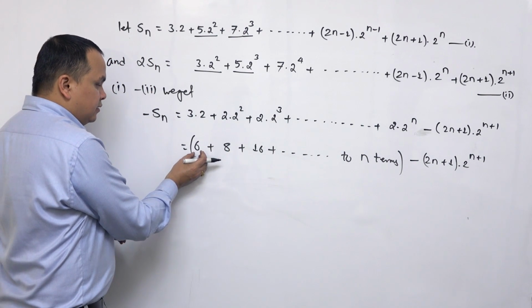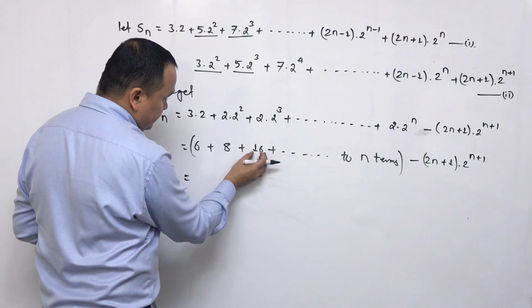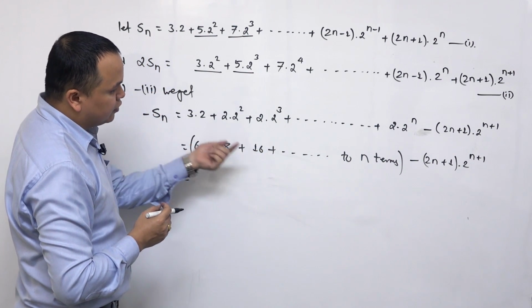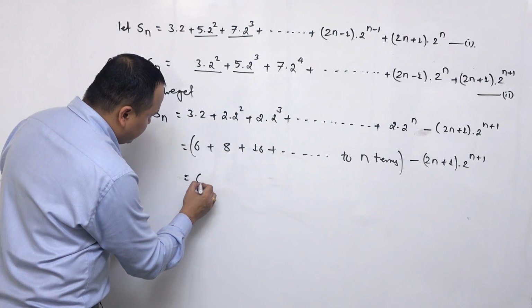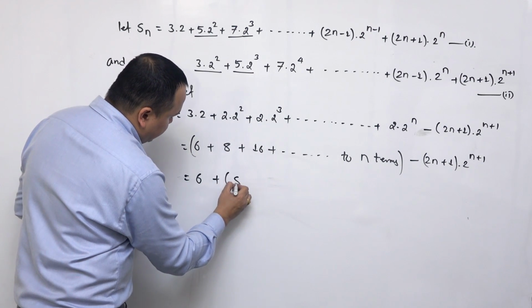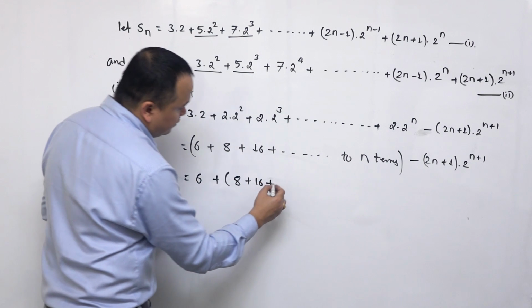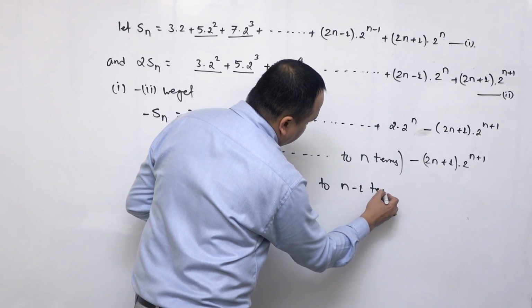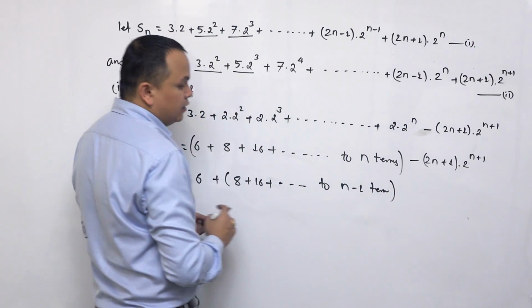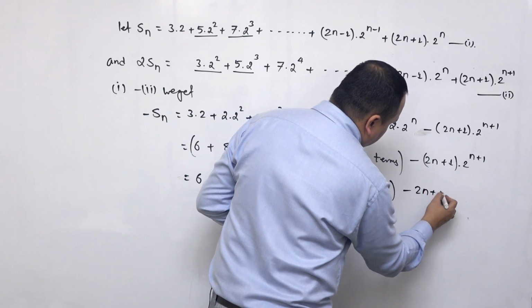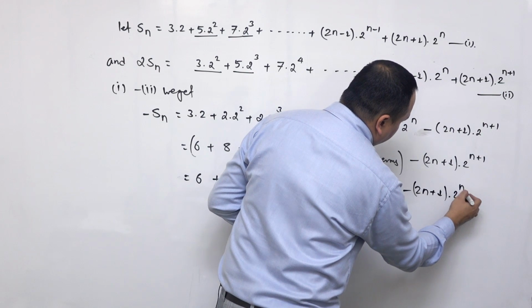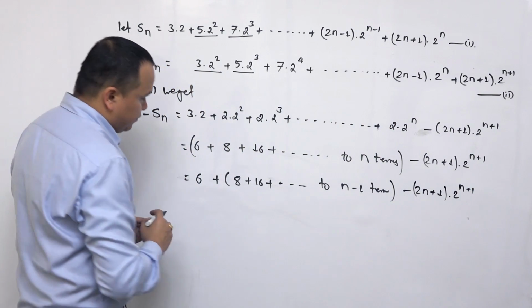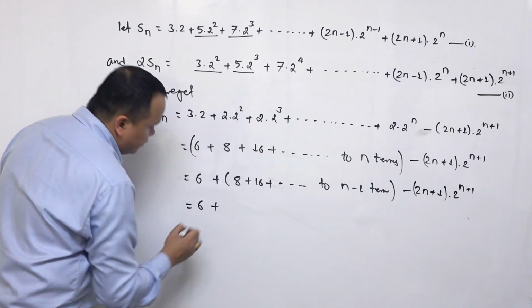T2 by T1 is not equal to T3 by T2. Here also we have to leave 6, then it goes completely into a GP. 6 plus 8 plus 16 plus dot dot dot, 2n minus 1 terms, minus 2n plus 1 into 2 to the power n plus 1. 2 to the power n plus 1. 6 plus